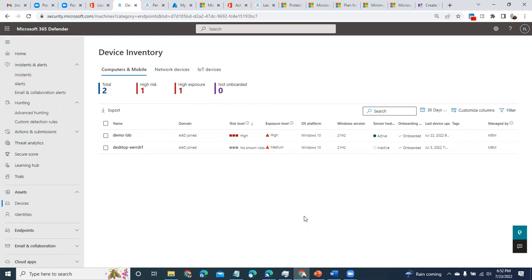So those devices that you're not even aware of, they're not in the asset registry, for some reason you can't reach them when you try to push SCCM agents to them, it will discover them and then you can see them here. They'll all show up here as not onboarded, but you'll be able to know that these are all the devices on our network. And then once it does that, the sensor begins to communicate. So if there are Windows devices, the sensor will begin to communicate, telling you that they are not onboarded, as long as a device on that network has been able to communicate with it.